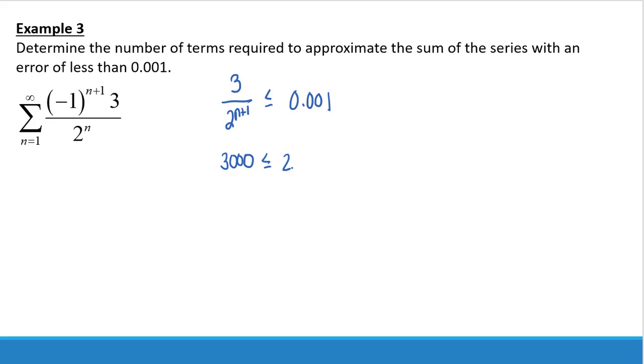I wrote this then as, and I divided out 1,500 less than or equal to 2 to the n. So in my calculator, I just looked at a table of values, and I looked for when 2 to the n is going to be greater than 1500, and that happens at n equals 11. Okay, I guess you could do a log if you wanted to, but I just looked at when 2 to the n